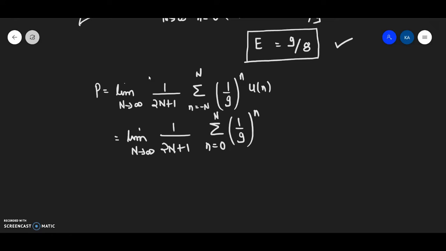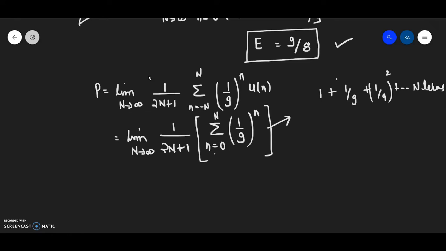Now see, I have got the sum from 0 to n of a^n. So what I need to do is find the sum of this GP, and let me first expand this GP. I am just writing this particular expression. For n equal to 0, this will be 1. For n equal to 1, this will be 1/9. And then I will be getting (1/9)^2, and likewise up to n terms. This is how my GP will come.